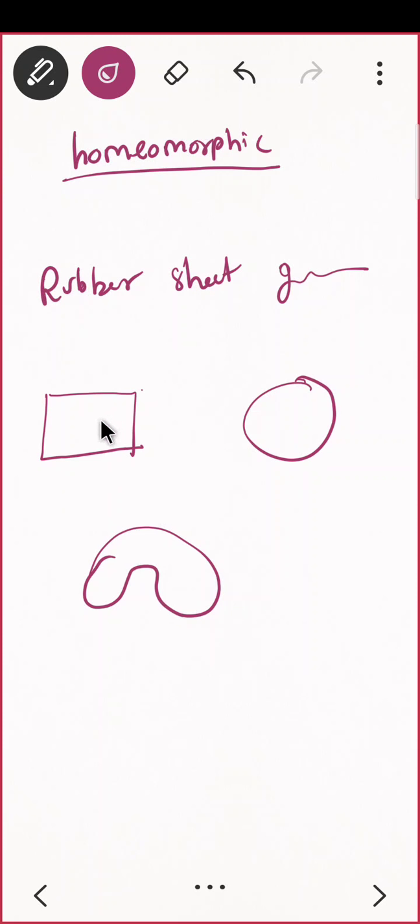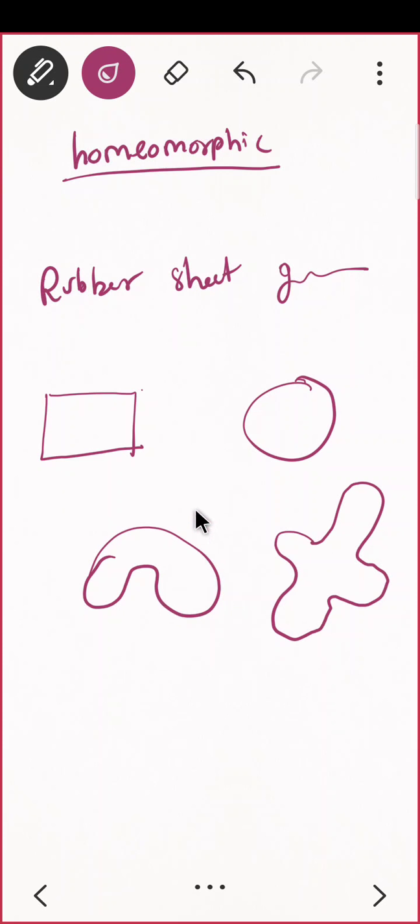You may assume this like clay, what we used to play with in childhood, to make some pots and everything. I don't know what that is called, but right now we can consider it like a rubber sheet, or you can stick anything, or you can mold it anywhere. You can make it a circle and anything. Okay, just one second. Can I do this again? Can I make this of this form also? Can I do that?